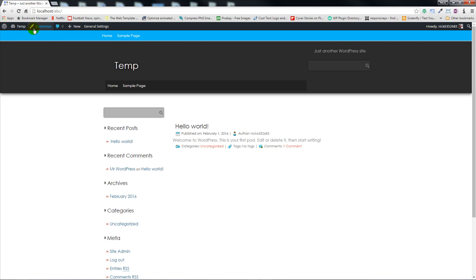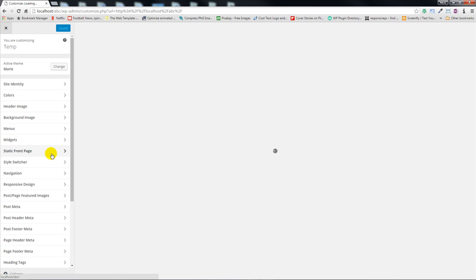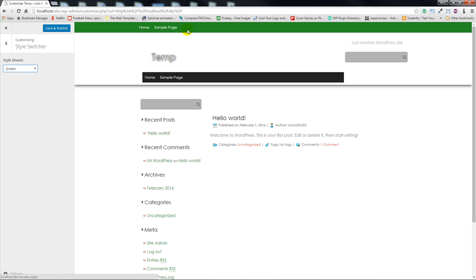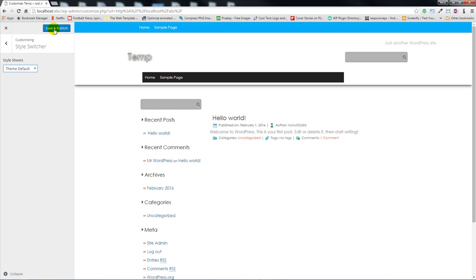okay? Because if I go to customize and I've got additional styles, which I do in this case, style switcher, and if I get, let's say, I put a green, because it's transparent and not blue, I don't have to go into the menu theme and change the color every single time I change the style sheet. Okay, if I go to orange, that's going to take the orange. So let me go back to default theme